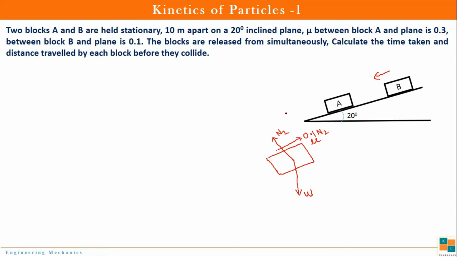The next step is to introduce the imaginary force, or the D'Alembert force, in the direction opposite to the motion of the body, or opposite to the acceleration of the body. So the acceleration of this block B is towards the left side. So there will be one imaginary force towards the right side with a value of m times acceleration, so it will be W divided by 9.81, because W is in newtons, multiplied by the acceleration of B.